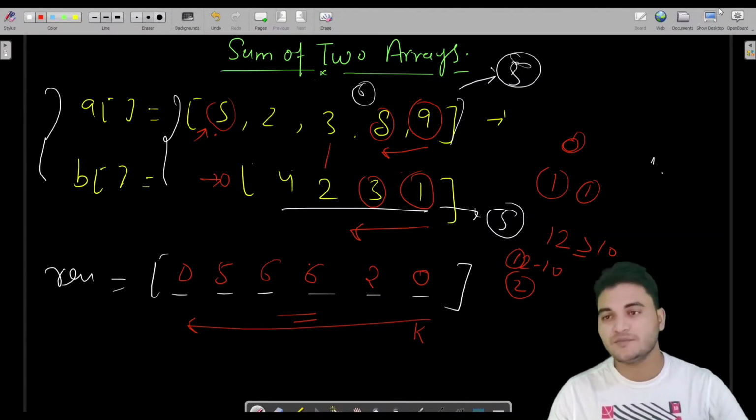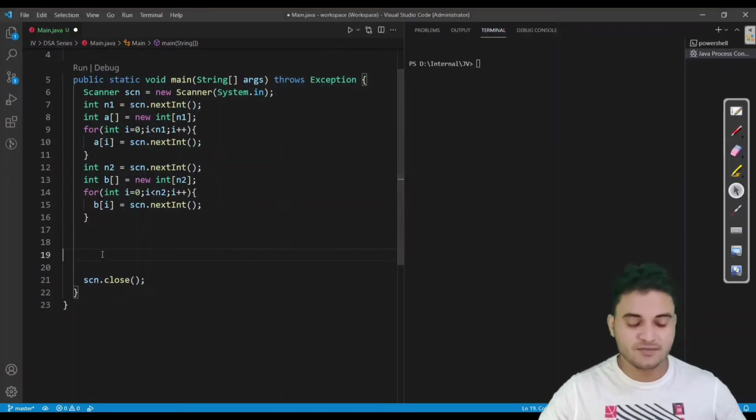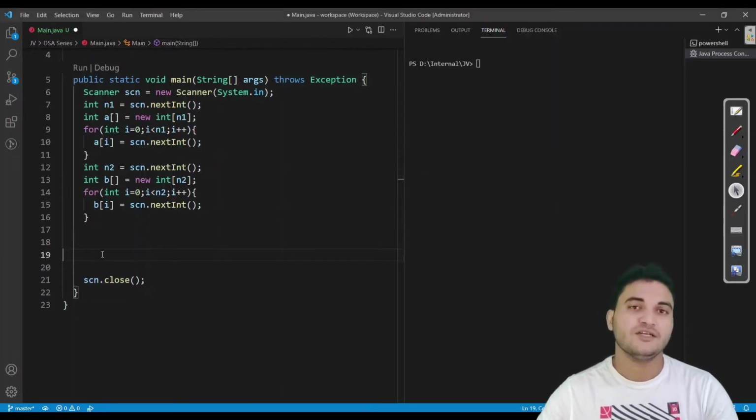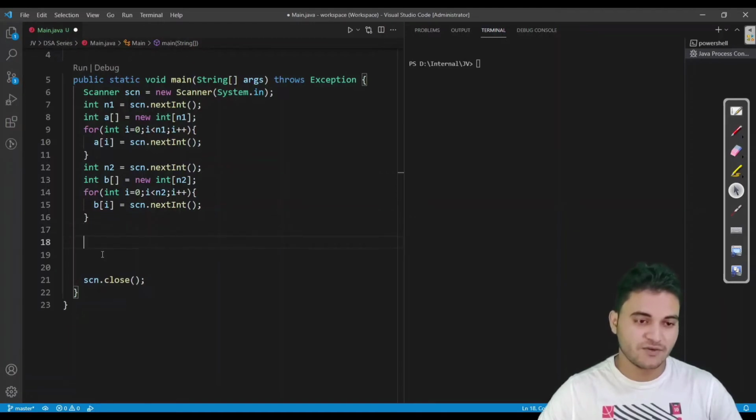Let me code it up. This is going to be very simple because we have already seen the program for adding two numbers, which was in decimal and octal and binary, and even any base also. So if you have missed that video, then you must watch the video before this. Fine. Now what we have done till now, we have taken an input which is the size of array 1.